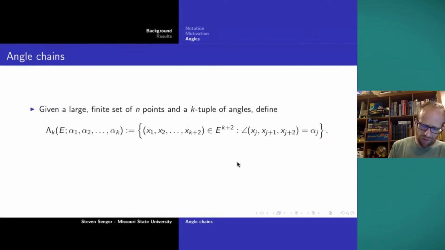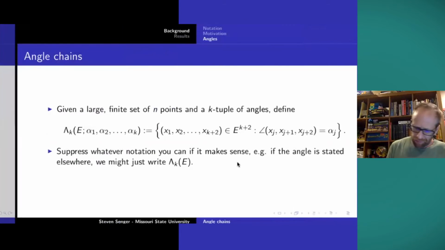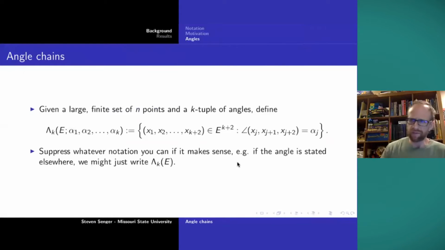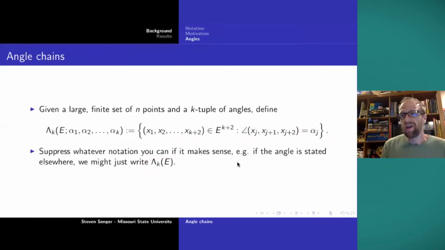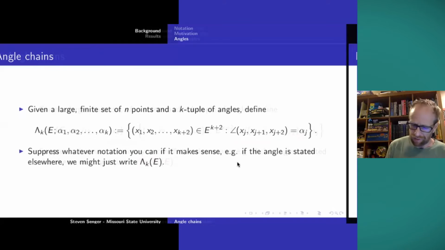And notice here, I'm not specifying anything about the dimension because this is defined in terms of E. So if the point set E is in a particular dimension, then that tells us where the points are. We don't have to specify it. That has advantages in the proofs because if I'm in 3 dimensions, but I'm looking at a 2-dimensional subset, I can restrict. But this is a lot of symbols. So in general, I'm just going to say lambda sub k of E, and it'll probably be clear from context what lambda sub k of E means.